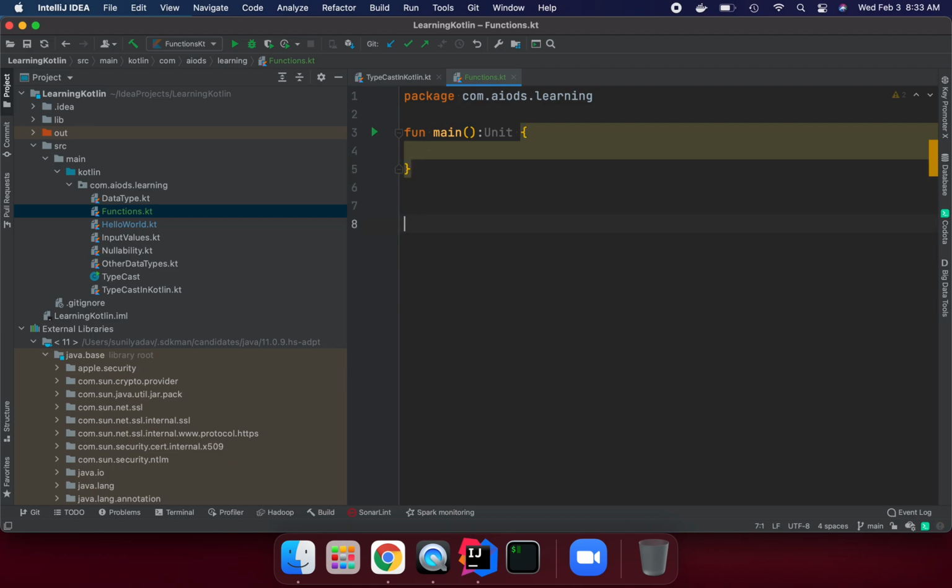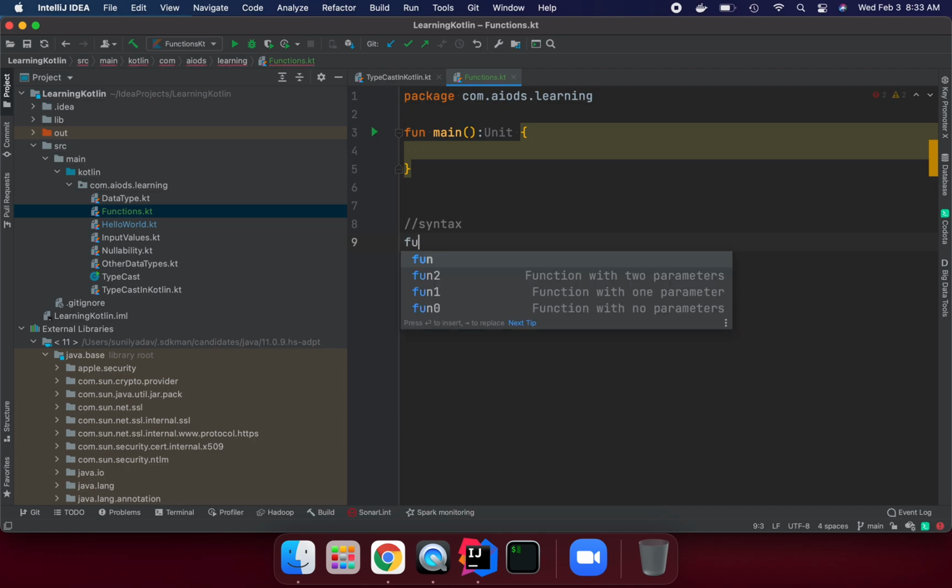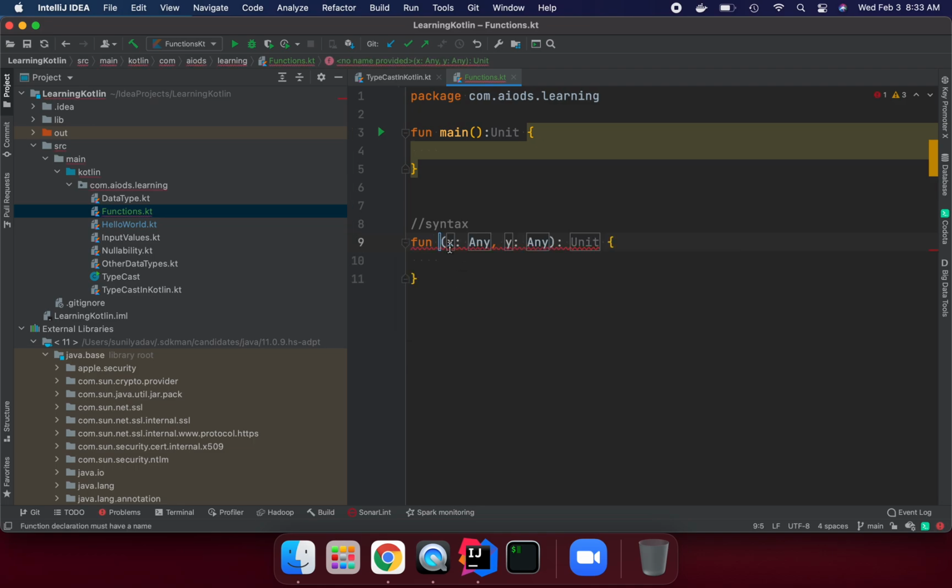It's automatically inferred for us by Kotlin. So let's see the syntax. Suppose I want to create a method that takes two integers as parameters and sums them. What is the syntax here? If we look at the template, it shows fun with two parameters. You give the function keyword you have declared, and let's give the function name sum.